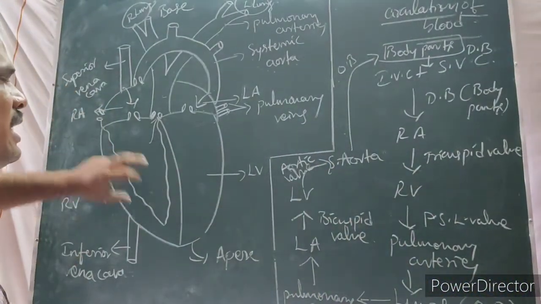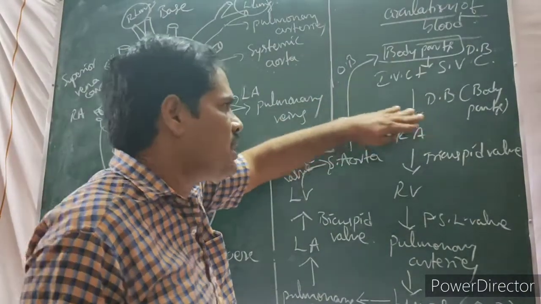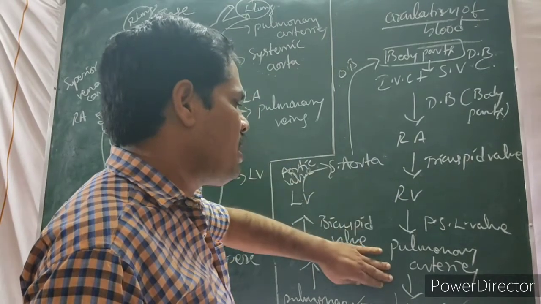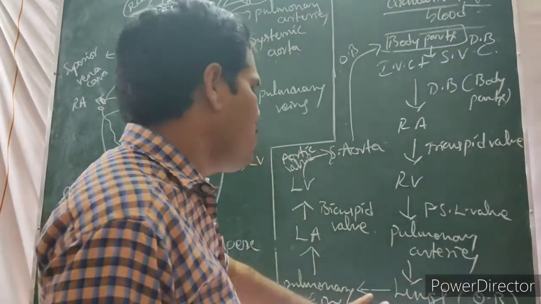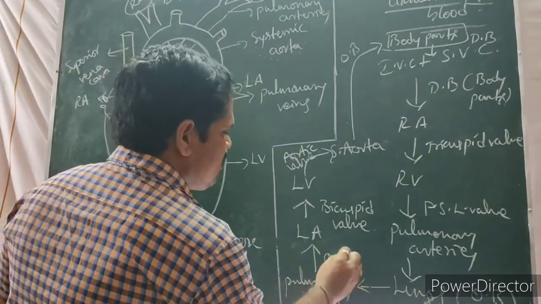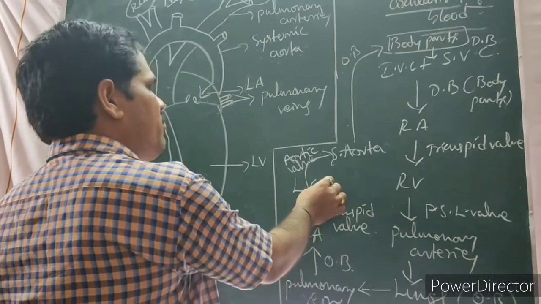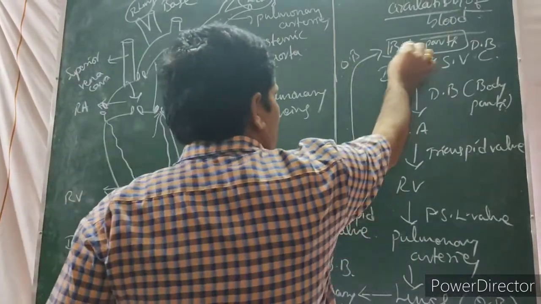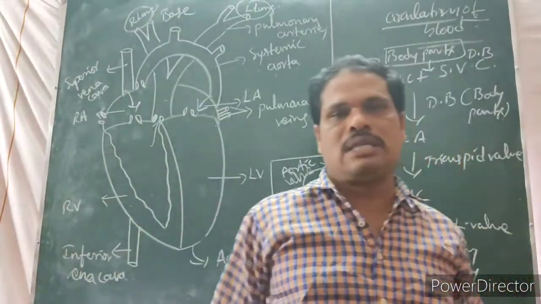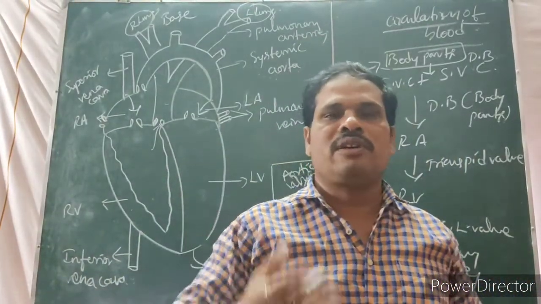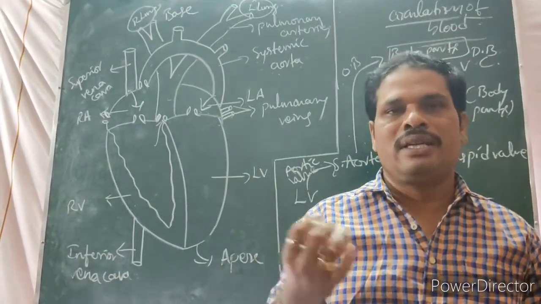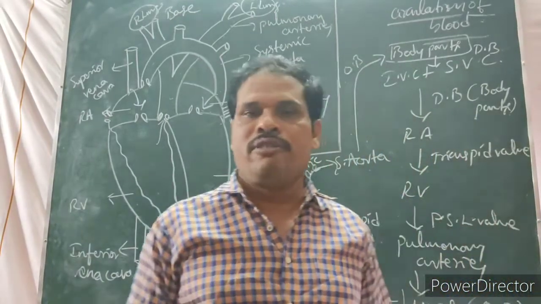Inferior and superior vena cava collect the deoxygenated blood from the body parts, giving it to the heart, I mean the right atria, then right ventricle, then pulmonary arteries, lungs. Here oxygenation is done. Then oxygenated blood enters the left atria, then left ventricle, then systemic aorta. With the help of systemic aorta, the oxygenated blood reaches the whole body. How is it done? Because of contraction and relaxation of the heart. That is simply called atrial systole, ventricular systole, atrioventricular diastole.